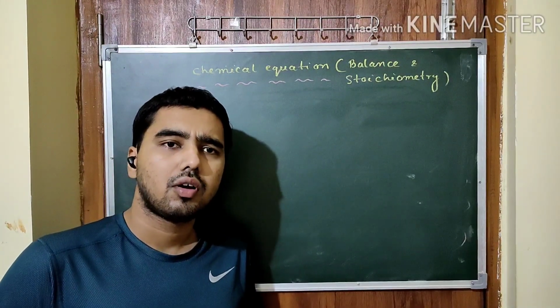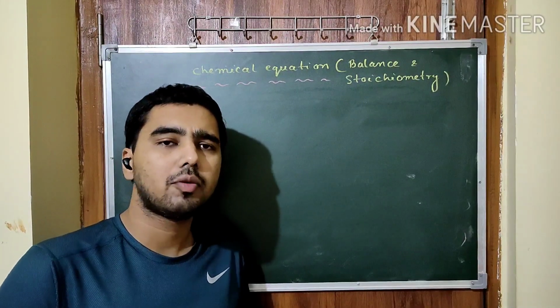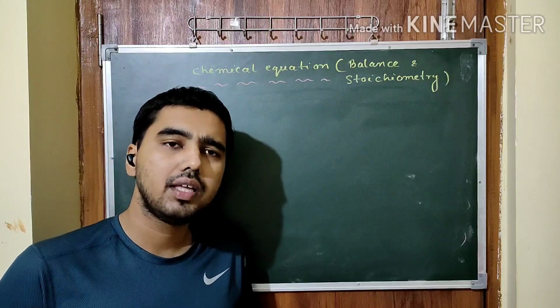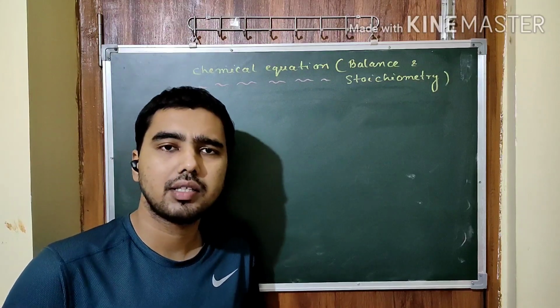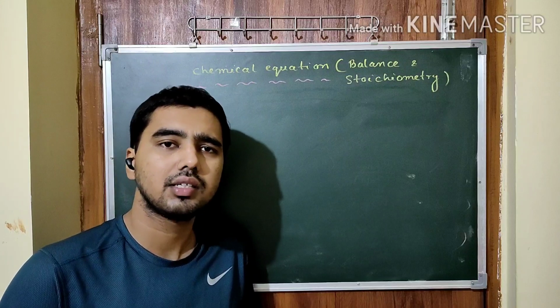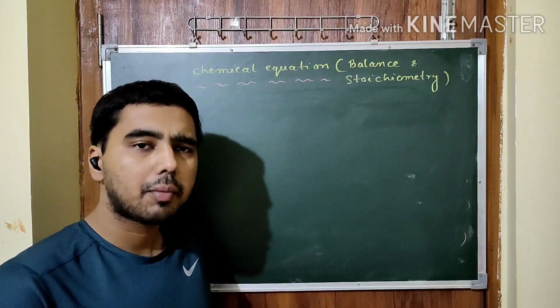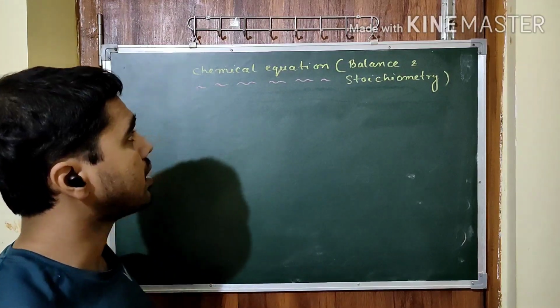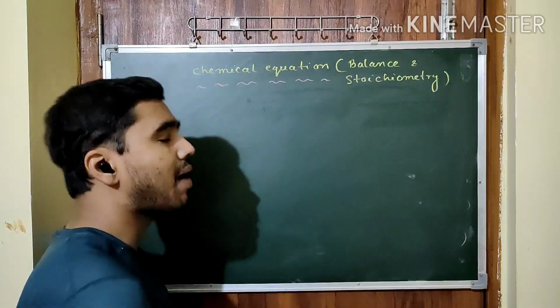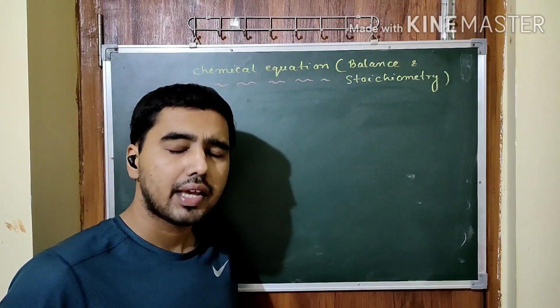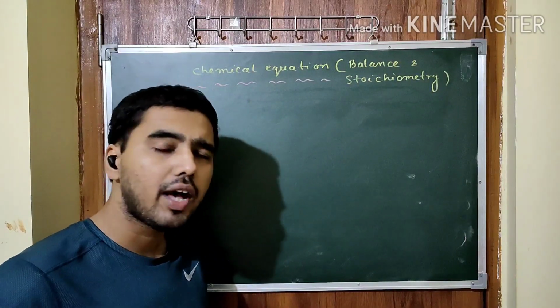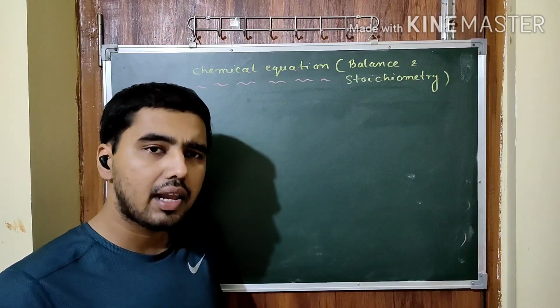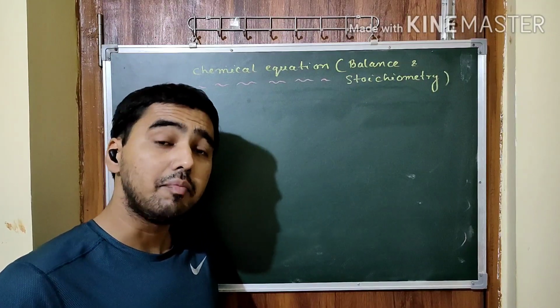We are almost at the last segment of this chapter. We have seen the determination of the molecular masses in the past one or two classes. Now, the last segment of this chapter consists of this topic, chemical equation, its balance and stoichiometry. In this particular portion, we have to understand how the chemical equations are written, what is the importance of that